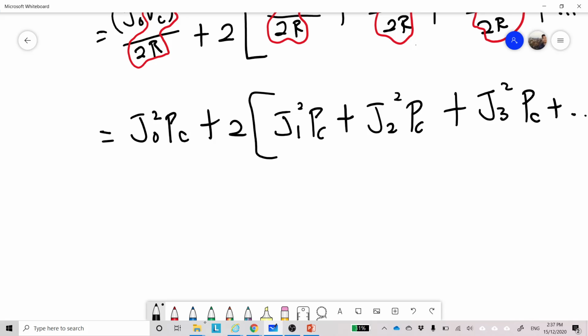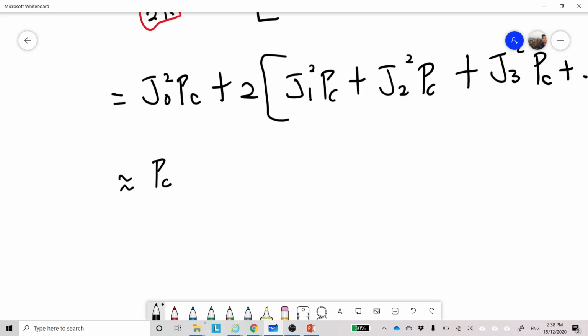So kesemua ini, hasil tambah kesemua ini, you're going to see later that if you use the Bessel table in your notes, it is approximately equal to PC. Okay, you're going to get the value approximately equal to PC. The difference is just a few decimal parameters, beberapa titik perpuluhan sahaja. Okay, perbezaan cuma beberapa titik perpuluhan sahaja.